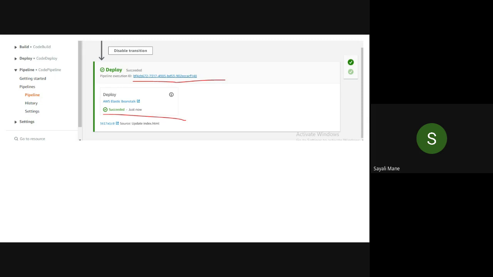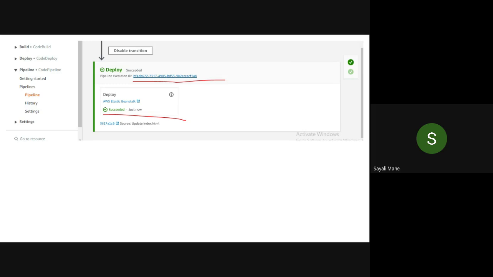Are you getting this deployment? This one. Later you will see both in progress, or both successfully created. Just wait a few minutes. Yes, ma'am, I'm getting that source update index.html created. It should show that, because just now you have committed the changes, so that's why it's done like that.